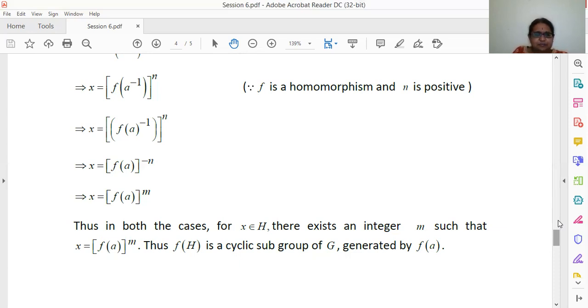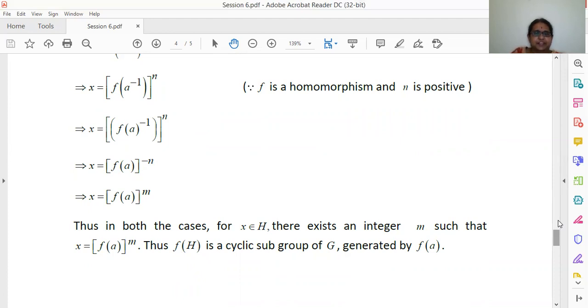So now these are some properties which we have studied in this session. To study these properties, first we have to know what is a homomorphism. F is a mapping from G to G dash, where G and G dash are two groups. That is, G has the binary operation dot, and if G dash has the binary operation star, then we take any two elements a and b in G. We can write f of a dot b is equal to f of a star f of b. Then the mapping is a homomorphism.